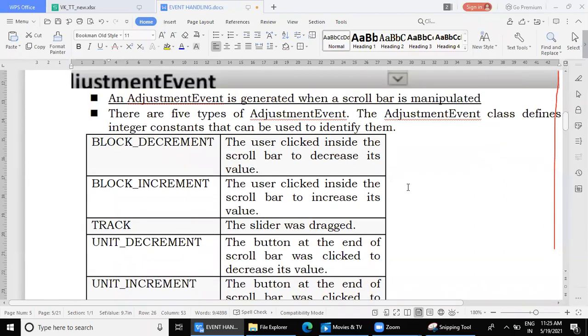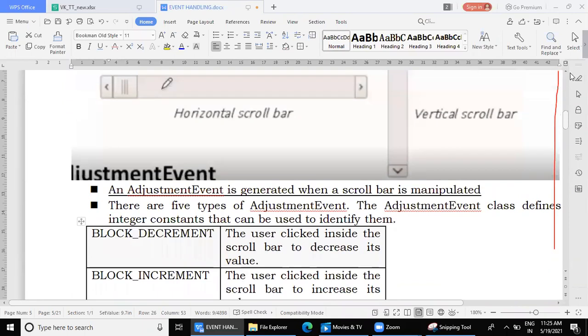Now, forget about this table. I will show you with the actual actions. We'll move towards our vertical scroll bar, which is at the right side of our window. Now I will click and you observe the change. Let me just revise. When you click on the arrowheads, it is called unit increment or unit decrement.